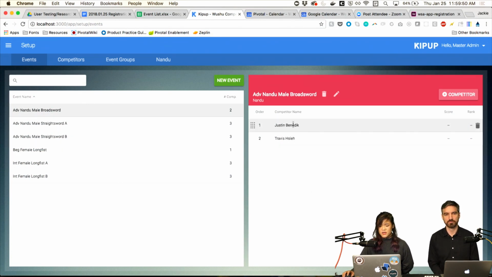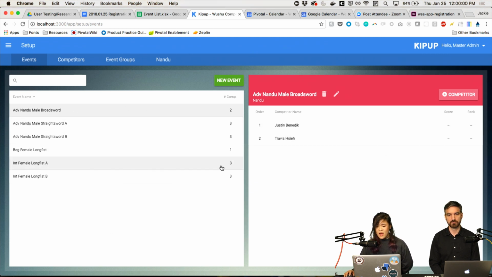And then you can see who are the people that are registered for that event. So what would happen in this case is, let's say Tim registered for this event, he would now show up live in the app. Or if he dropped an event, that's a thing that he talked a lot about, where people will drop events on the fly.